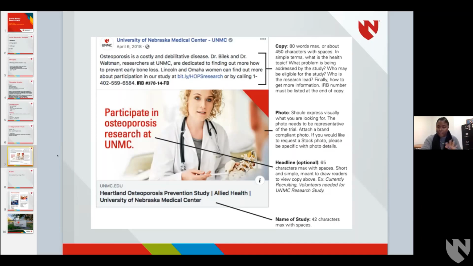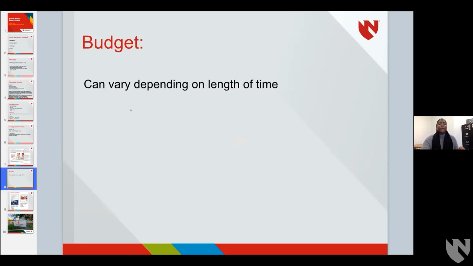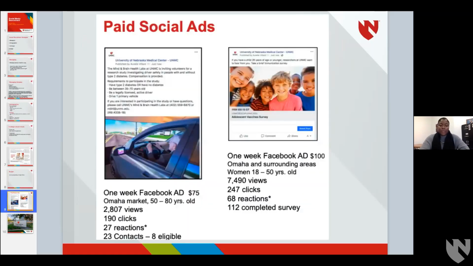And let me know if you have any questions as I'm going through this. So my last thing is budget. Budget is really important, and it really depends on the length of time for your ad. So if you're looking to recruit people in about 5 days, then obviously $50 is not going to cover the 5 days. So just based off some of our previous ads, we've had for a week, maybe $75